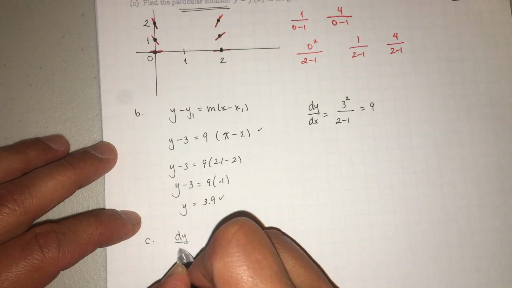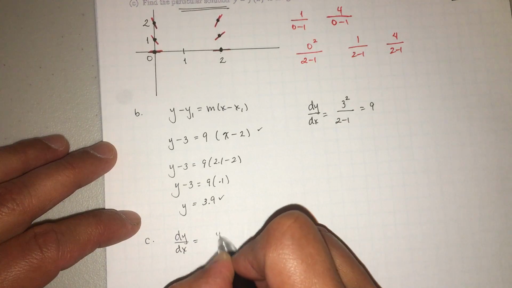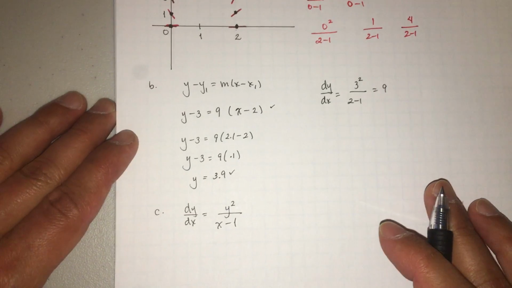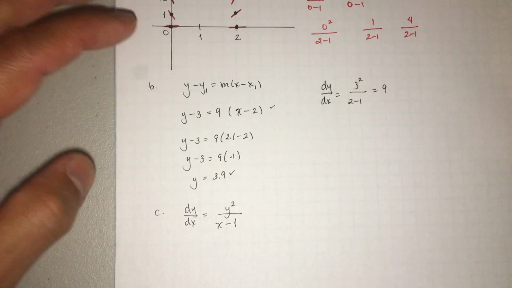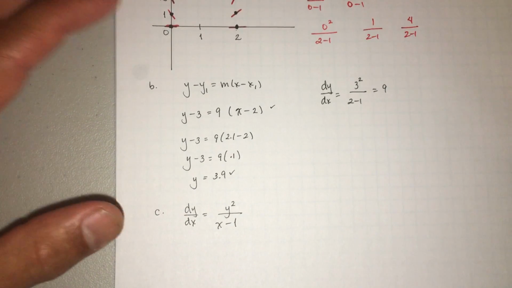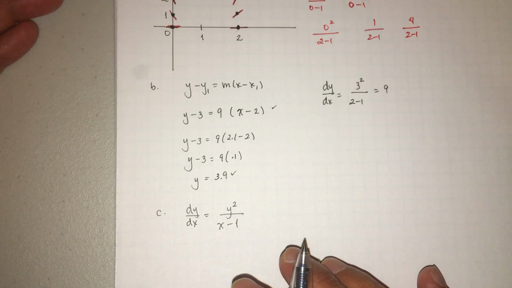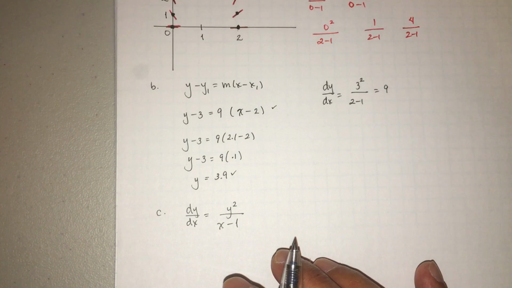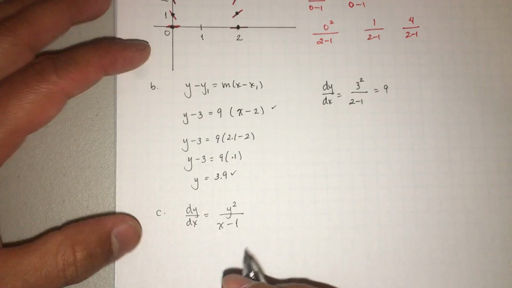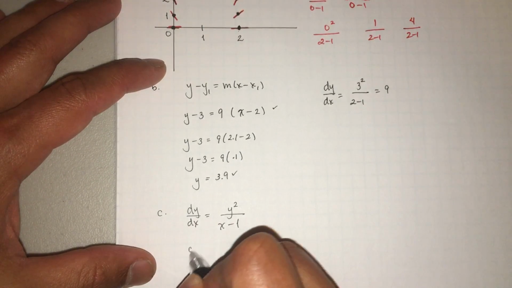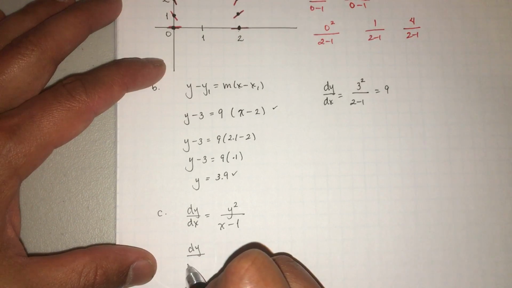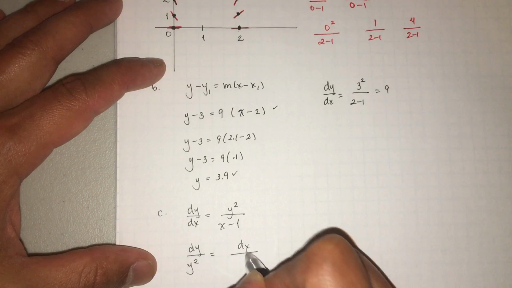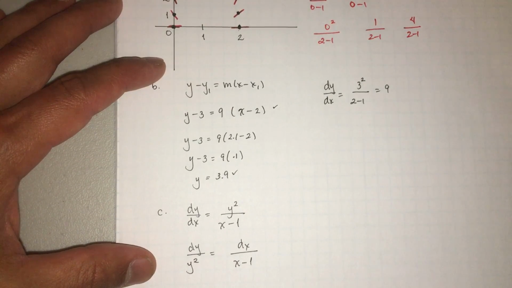So we have dy dx. And guys, try to be as neat as possible. I know you're working kind of fast and it's time consuming, but just be neat because they want to give you the points, but as a human being, we're trying to find those points. If you're all over the place, it's going to be hard. How are we going to give you the points? How are we going to justify it? Okay, so and then dx is over here and then x minus 1. All right,